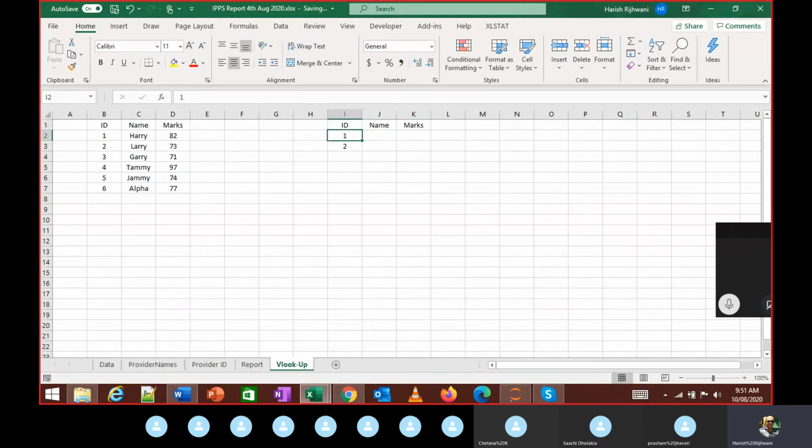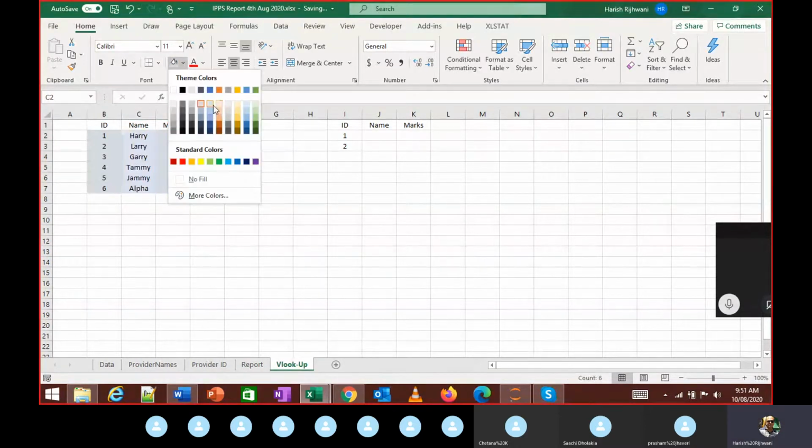That formula is going to take this value, ID, as one input and search for that value in this table. Let's say this is my table. I'm going to color this differently.